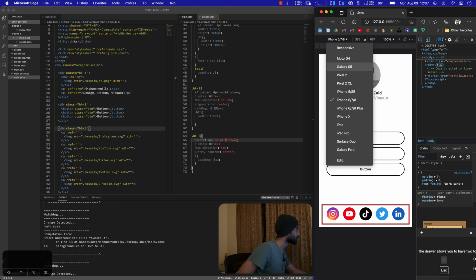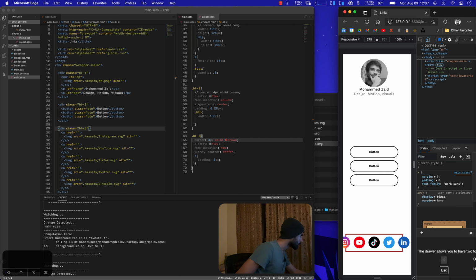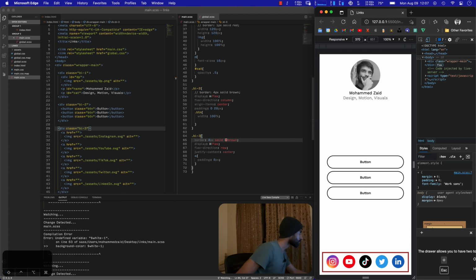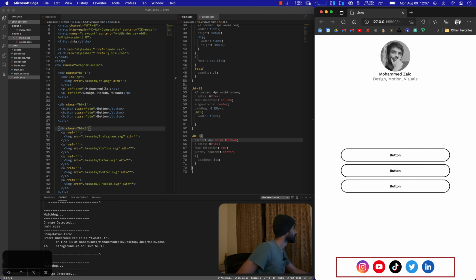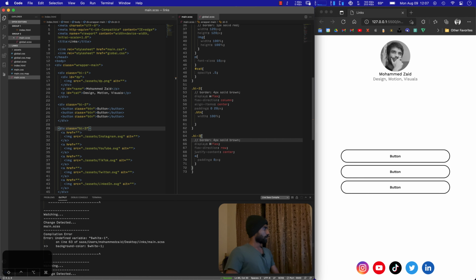Oh, actually, just responsive. Is it? Yes, it is in the center. Okay, not gonna bother with the rest now. So yeah, this is. Oh, okay. Actually,